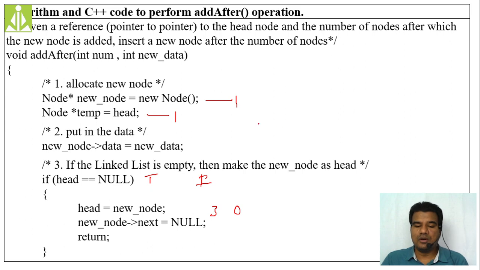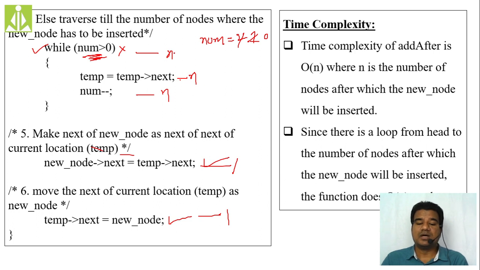So on the whole, if we consider this as the false case, then 2 plus 3n, 3n plus 2, here 2, so 3n plus 4. Our f of n will become 3n plus 4. Whatever the order, we don't want this constant and we don't want this multiple, isn't it? We want this n only. If there is n, then our time complexity function will become order of n only.